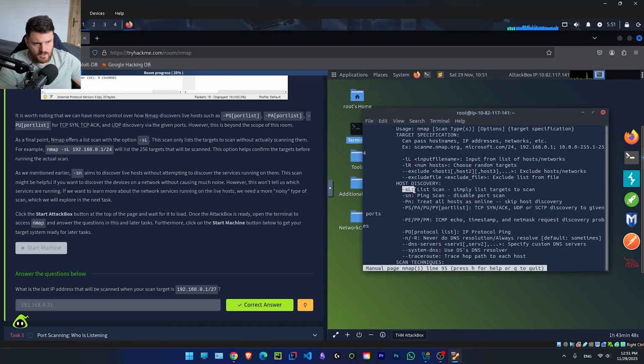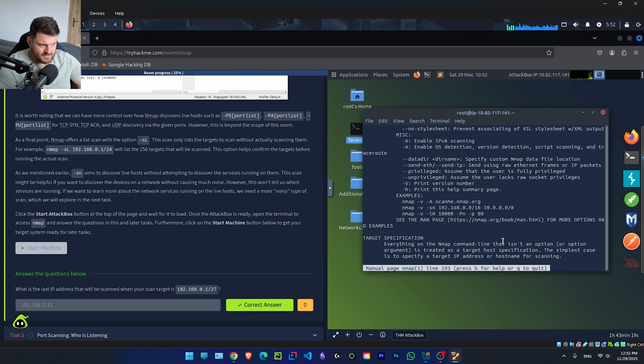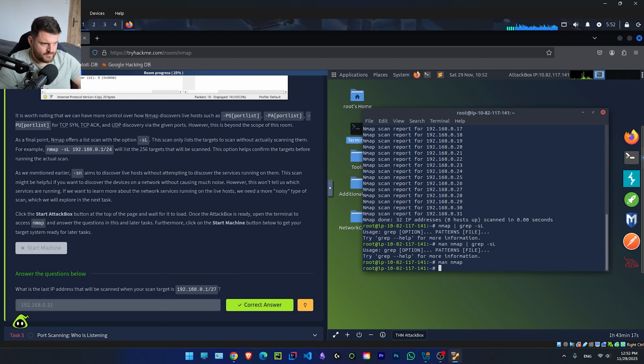So we just used this command, right? Like we've seen over here. List scan, -sL. Simply list targets to scan. -sn, ping scan, disable port scan. So basically, let me show you. If for instance we take an IP from here,